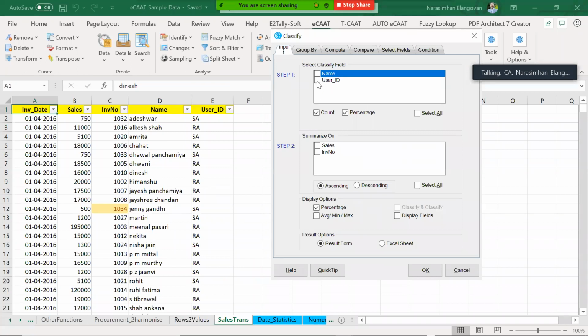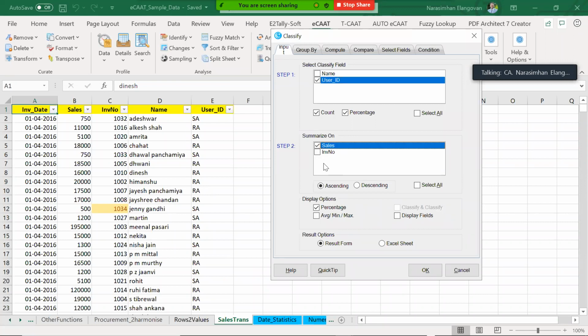So you can classify based on user ID and summarize based on sales, because summarizing based on invoice doesn't make any sense. Now you can choose percentage, average, minimum. Now you want the result form or an Excel sheet, you can choose either of these options. Now you can simply say okay for the time being. Let's see what happens.